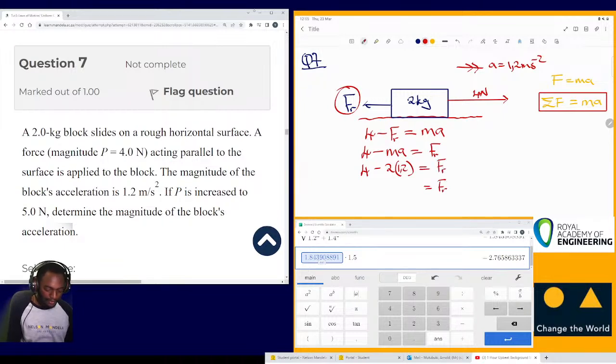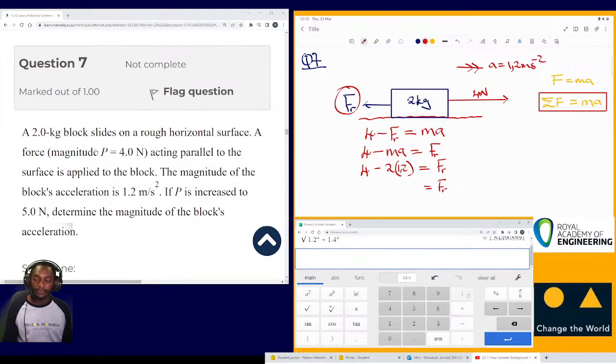Computing that using our calculator, that is 4 minus 2 times 1.2. So we get a frictional force of 1.6 newtons,